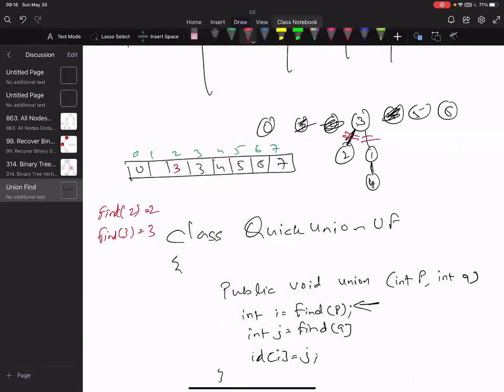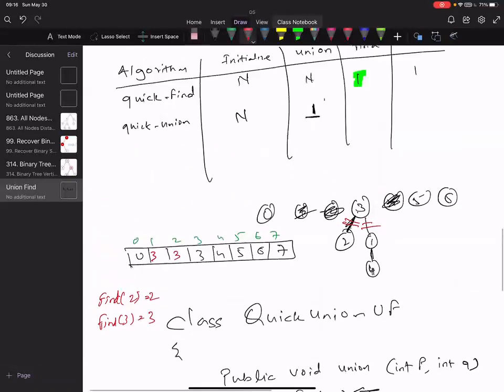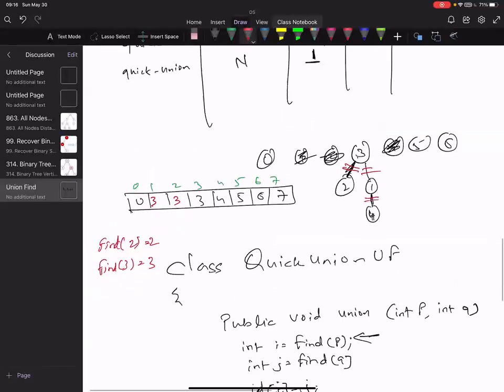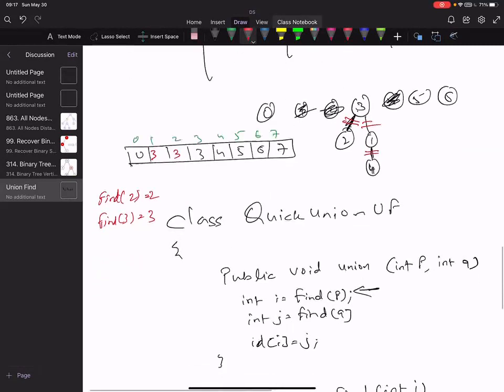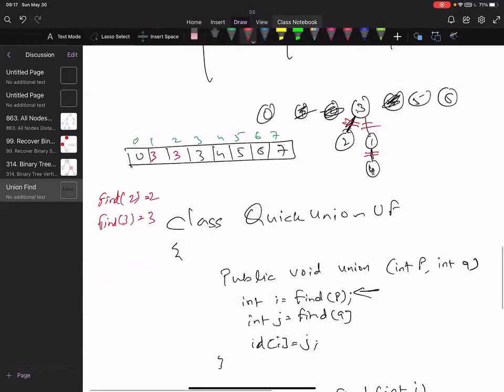Now I say connect 4 and 1. So I'm going to change the value of 4 to whatever the value of 1 is, that is 3, right? So this is how it will be.